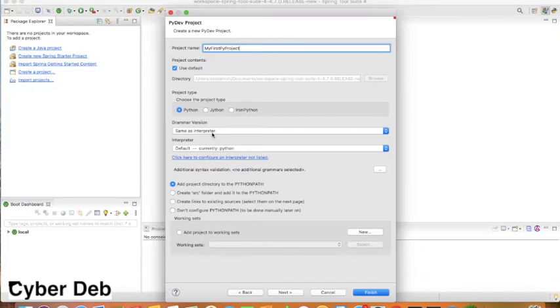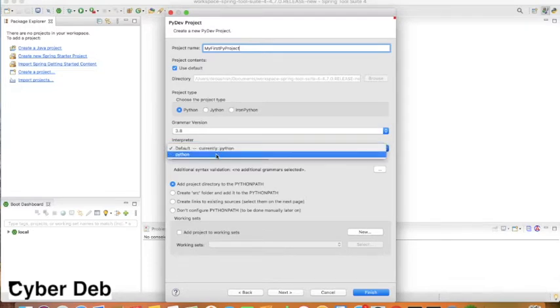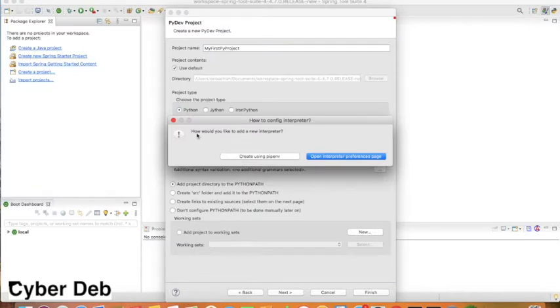Then grammar version, the latest one you can provide. Then interpreter. If you are not finding this interpreter on your machine, then below you will find a link, click here to configure an interpreter not listed. So how would you like to add a new interpreter? Open interpreter preference page, or create using PIP environment. You can click on open interpreter preference page, and there you can choose the preference.